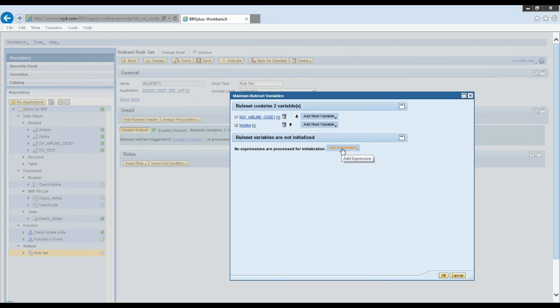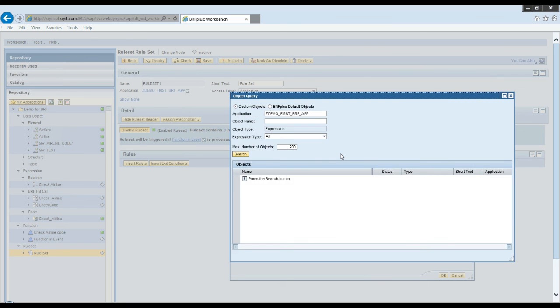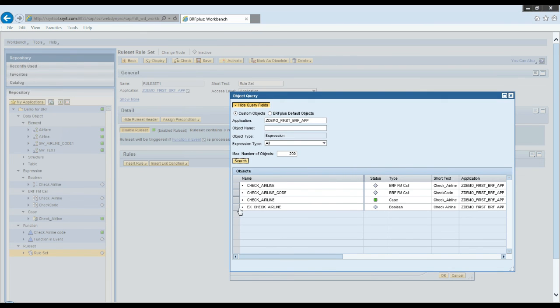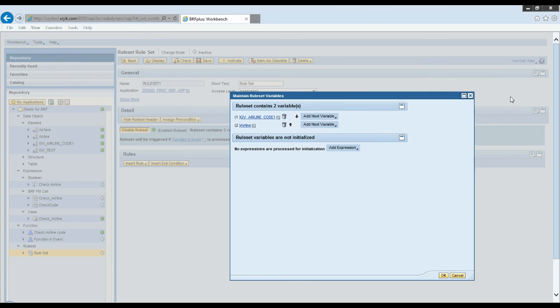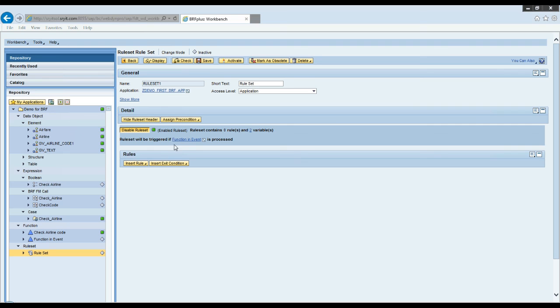We can also write an expression to initialize our rule variables. If the user does not pass the data, we can initialize them. To initialize the rule variable, you can further call a function. Let's say you want to initialize some data, you call a function module. So you create a function module. In the expression, you make a call to the function module that gets you the data and initializes your rule variables. Right now, I just created two variables.